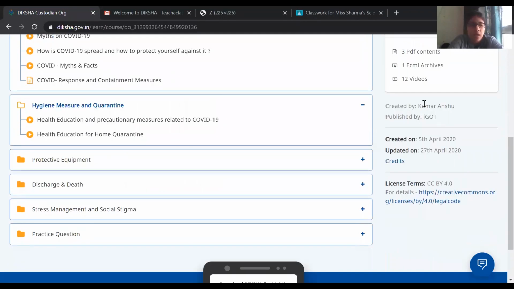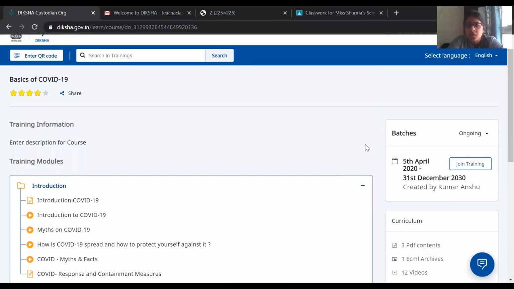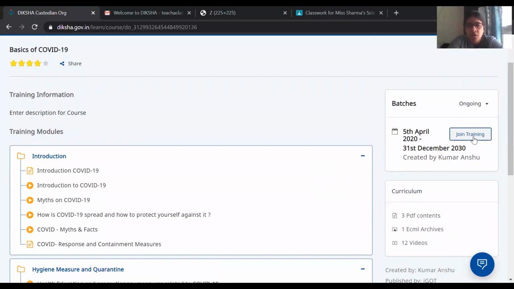Then you can also look at who has created those trainings, right? As you get familiar with the platform, you might be able to identify the creators. And then later it might happen that, okay, the trainings that are created by CBSE, I like them more. Or trainings which are created by Mitra, I like them more. So maybe you'll want to explore them further. It's totally on you. So let's say I want to do this training. So I'm just going to click on join training.